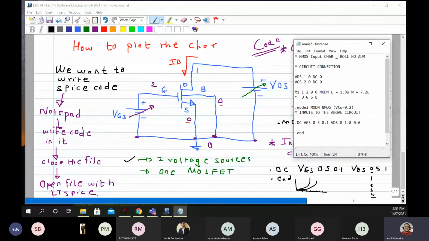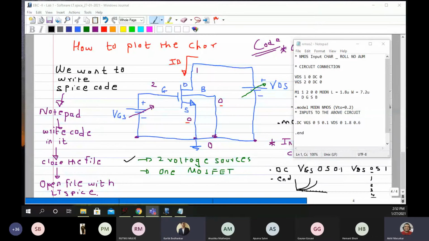Karthik, can you see the code? Yes, sir. No, meaning can you actually see it or it is too small to see? No, sir, it's appropriate to the screen. Okay.